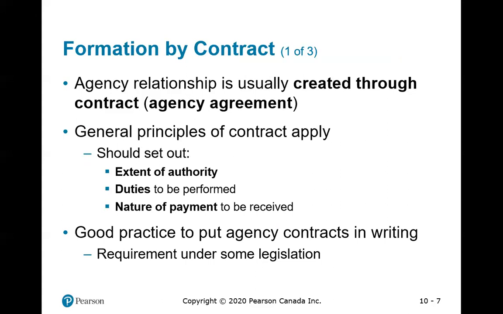What is the extent of the authority? If I am your lawyer for a tort lawsuit, I have authority for that lawsuit, not to deal with all issues in your life. Only for that. If I'm a banana selling agent, I have authority to sell bananas, not coffee, not apples. So the extent of authority could also be in monetary amount. Could be 500,000, could be 10,000, could be whatever the amount is.